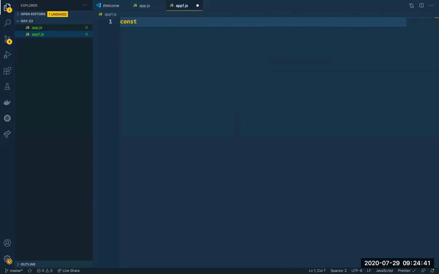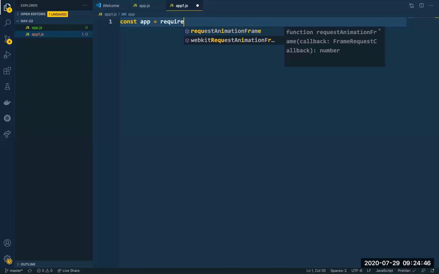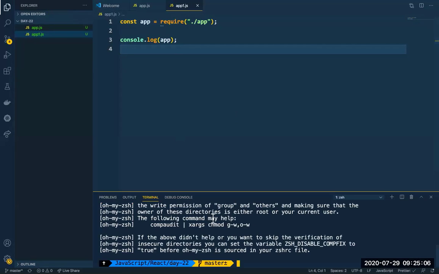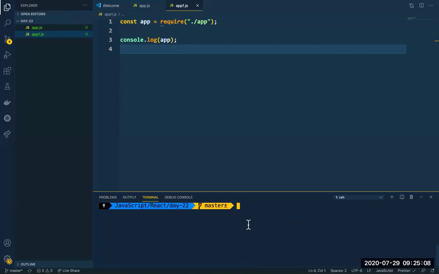I'm going to keep it as a normal variable. It's app, and then I'll require, this syntax is very important. This is the Node.js way of doing it. And then I'm going to pass the path inside the require, like this. All right. So now if I console log my app imported and then run my file using Node and not by normal JavaScript, I'm going to run the file by Node. It's easy. All you have to do is type node.